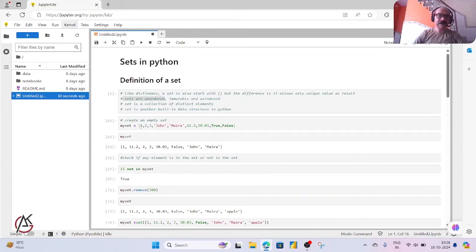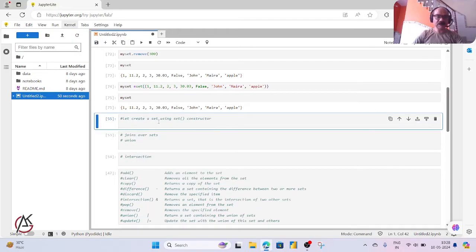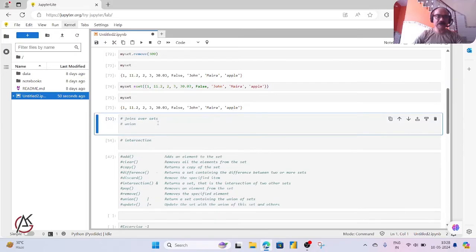The first time I created a set using curly braces, but here I used a set constructor and created a set. I am through with adding set items, and I am also through with the set constructor. Now